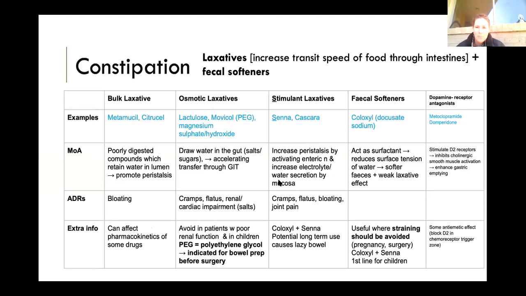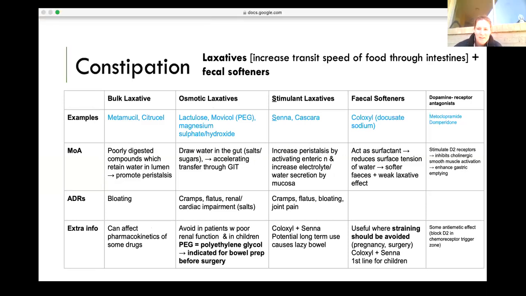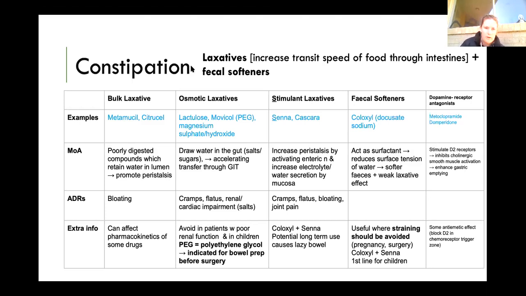Yeah. So pretty briefly, drugs are the thing you just have to sit down and go through. But basically with constipation, the whole idea is to try and get your fecal matter out. So laxatives are going to increase the speed of food passing through your digestive tract, and you can also use fecal softeners as well. So there's different types, and actually knowing an example of each type is quite important. So bulk laxative, Metamucil,